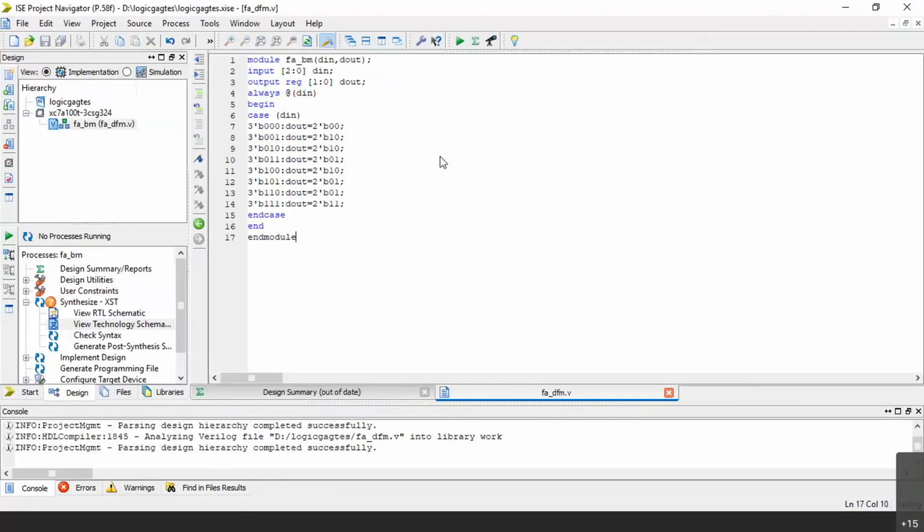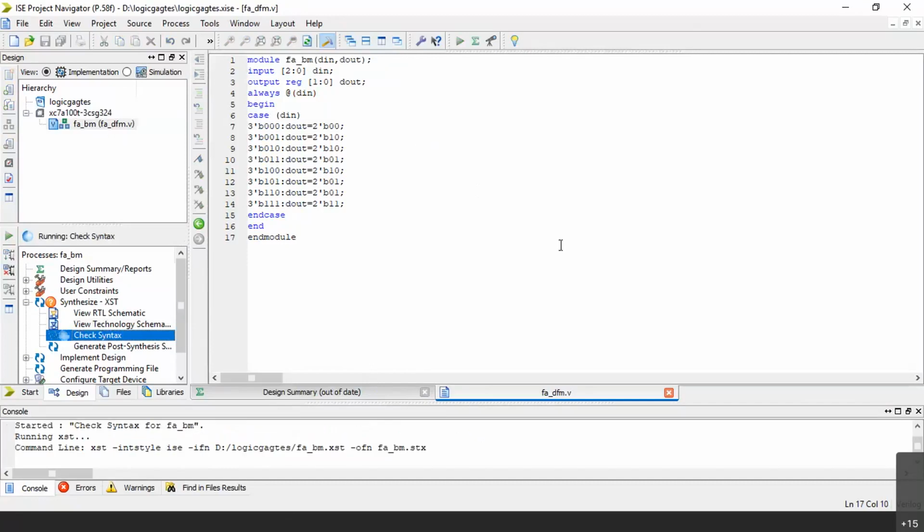I have copied the behavioral descriptions for the full adder. Now let me check syntax. Now green tick mark has come.